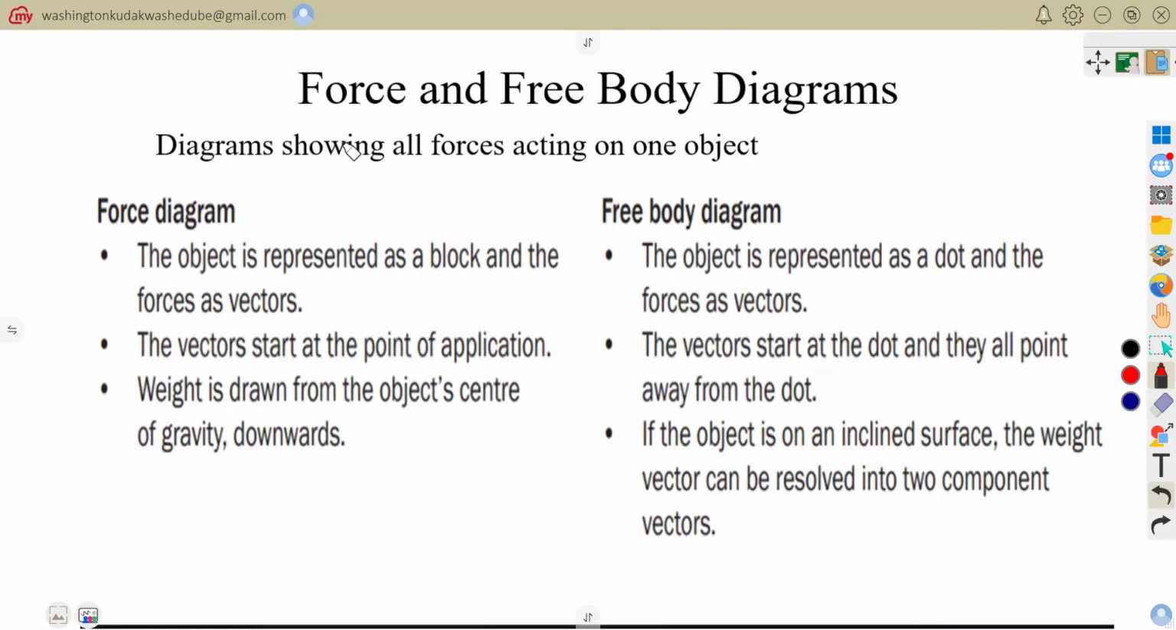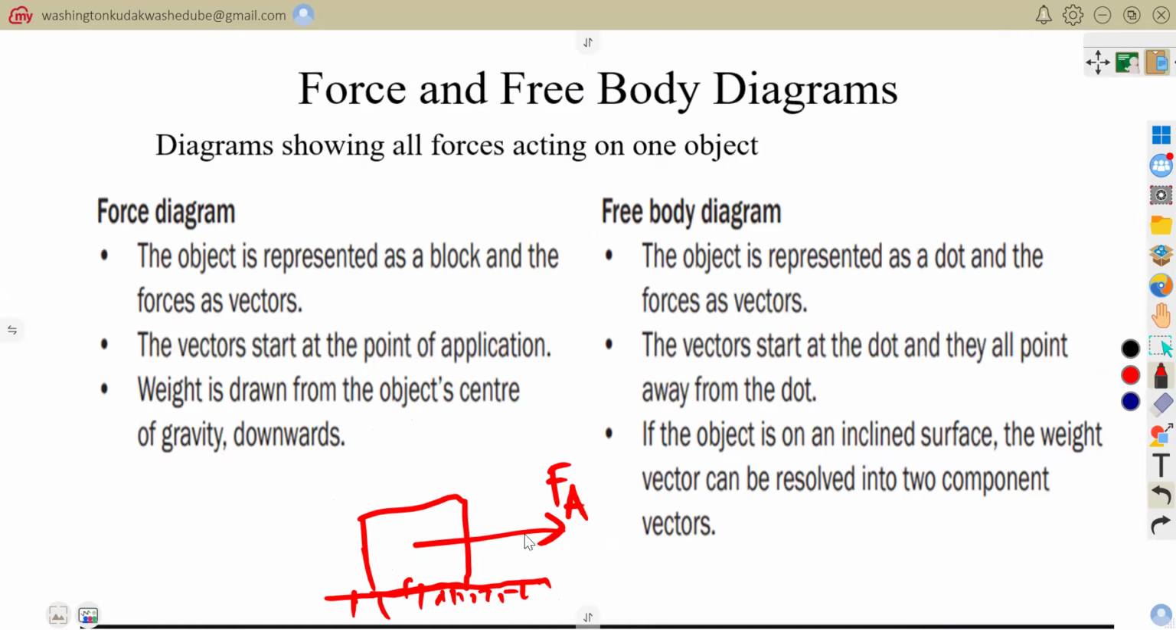So you will see that what we term force diagrams or free body diagrams are diagrams that show all forces that are acting on one object. Let's say, for example, I have an object resting on a horizontal surface, and that surface is rough. Whenever a force is applied on this surface, let's say this is the force applied to the right,